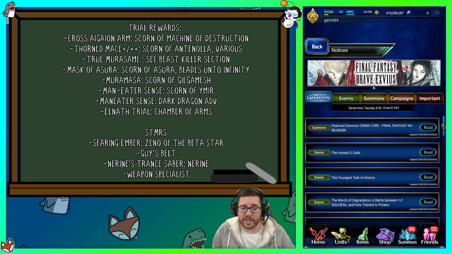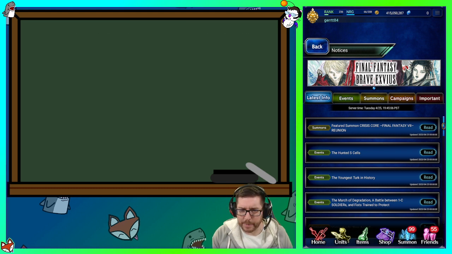You do have to kill Elnath with magic, so pay attention to what actions you're using as you kill it. But any current unit should be able to wipe out Elnath in a couple turns without taking any damage. I must be tired or something. Anyway, so let's go ahead and take a look at some